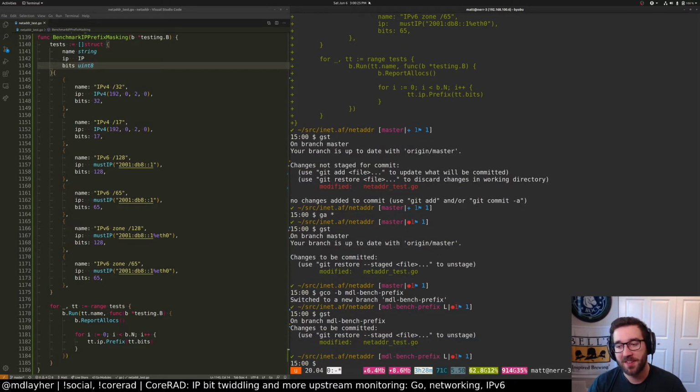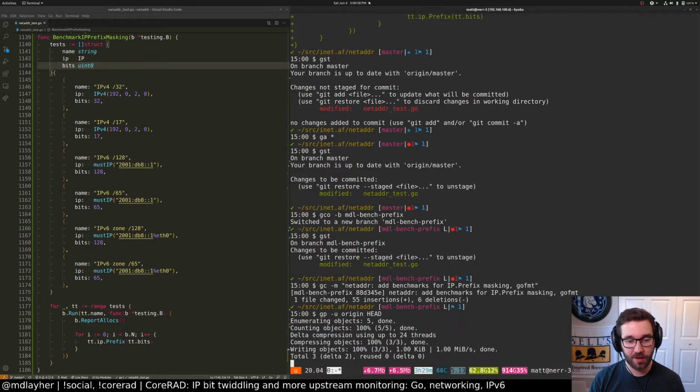You could check every mask if you want to. Yes, that is true. I think it would make it take a very long time, though, especially since V6 would be 128 different runs. With NixOS, I don't have Go format, and my default path in this project lacks a shell.nix. You could add one. So you're running NixOS on your desktop now, too? Nice. Add benchmarks for IP prefix. Asking Go format. Yes. Origin head.